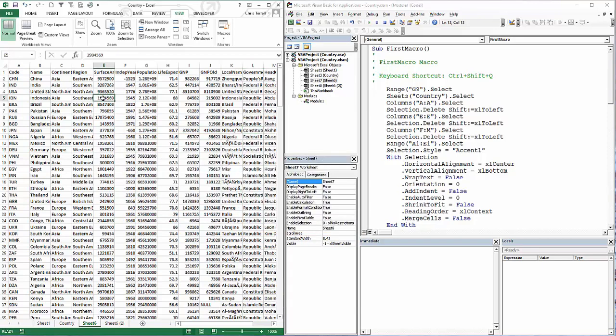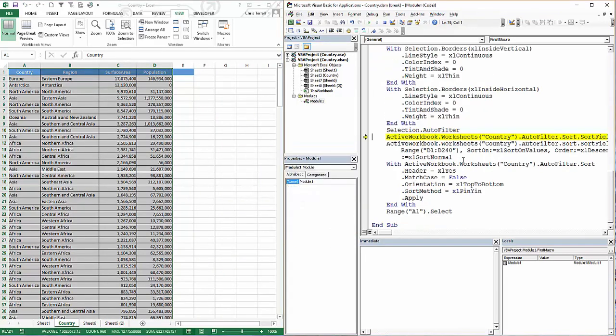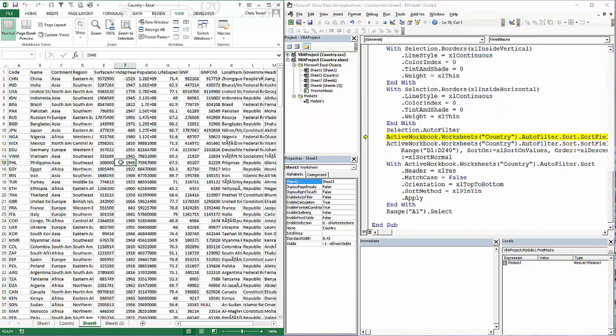So with this, I'm going to hit Control Shift and Q, and you'll notice it looks like I get a debug error. This can happen. The reason this happened was because it is trying to access the sheet called country, and that does not exist. So because we put it on sheet 1,